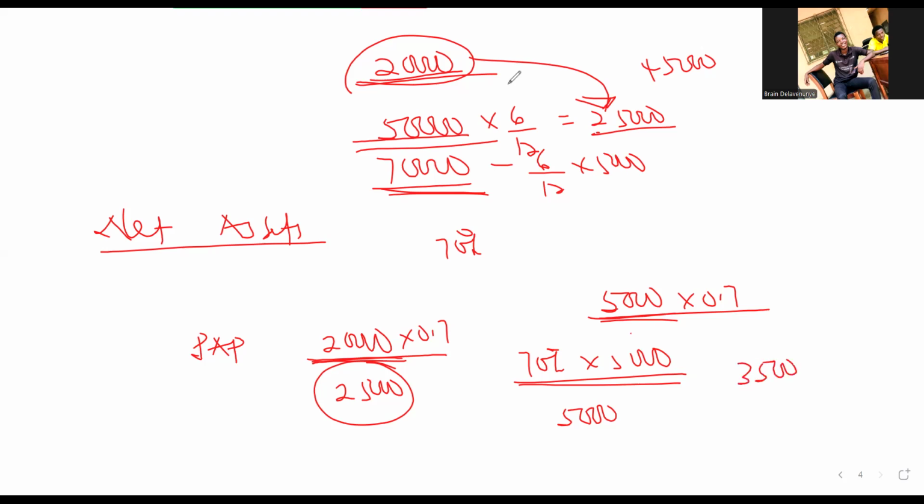So the parent will debit their receivables of 3,500, then they will credit their retained earnings of 3,500. But this 3,500 is due from the subsidiary. You cannot be owing yourself. So the parent will come and cancel the receivables that they are reporting, and they also go to the payables that the subsidiary is showing as 3,500.